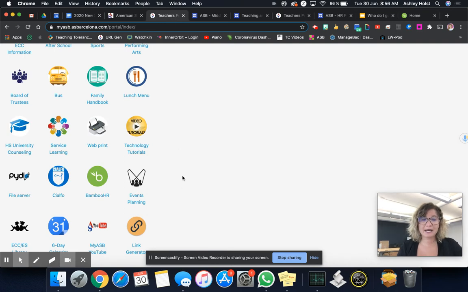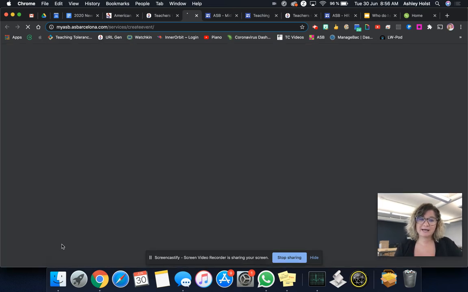And I want to talk a little bit about this bottom row. All right, so there's a 6-day calendar generator. I'm going to hide this just really quick. A 6-day calendar creator, MyASB YouTube, and a link generator. Those are worth exploring. All right, so the 6-day calendar, I'm going to just go through it,